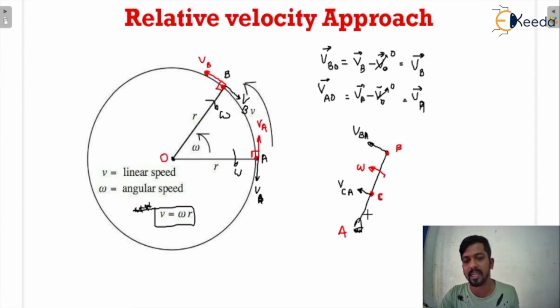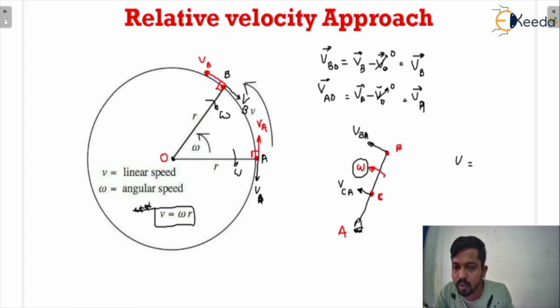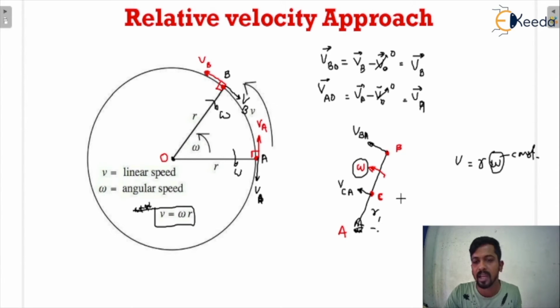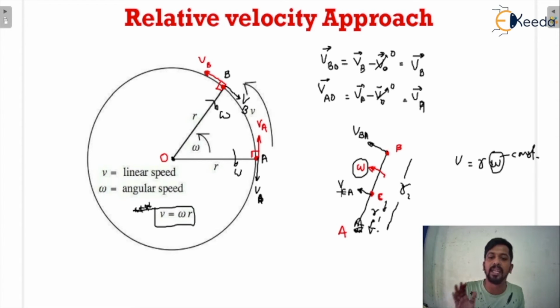You are able to understand that here omega is constant for a link. See here, we all know that V is equal to R omega, and since omega is constant for a link, but here we can see that point B and point C have different radii, because the radius can be measured from this. If this is R1 and this is R2, since the radius is changing, we can say the linear velocity at point B and the linear velocity at point C will not be the same, that would be different.